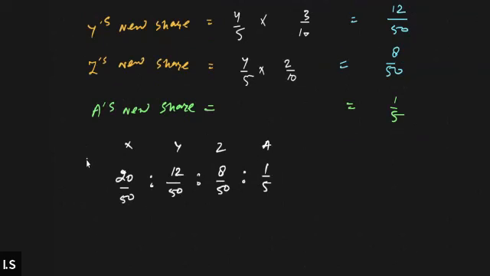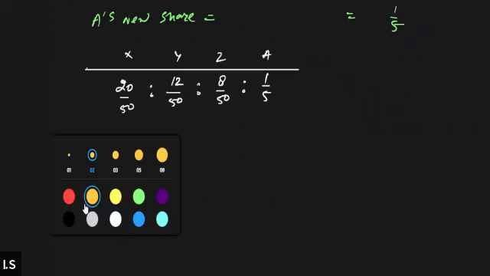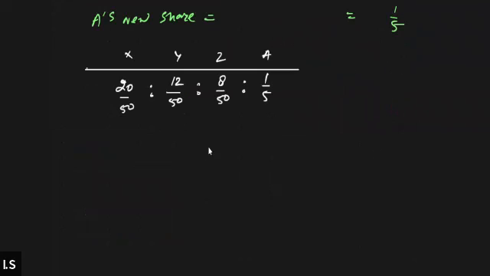But see, always remember that whenever you want to write down the ratios, you just need to ensure that the bases of all the ratios should be equal. Bases of all the ratios should be equal. Now the thing is that in case of x, y, and z, bases are same: 50, 50, 50. But in case of a, we have the different base, 5. So in order to equalize the base, we must ensure that bases are equal. And if it is not, we need to equalize the base.